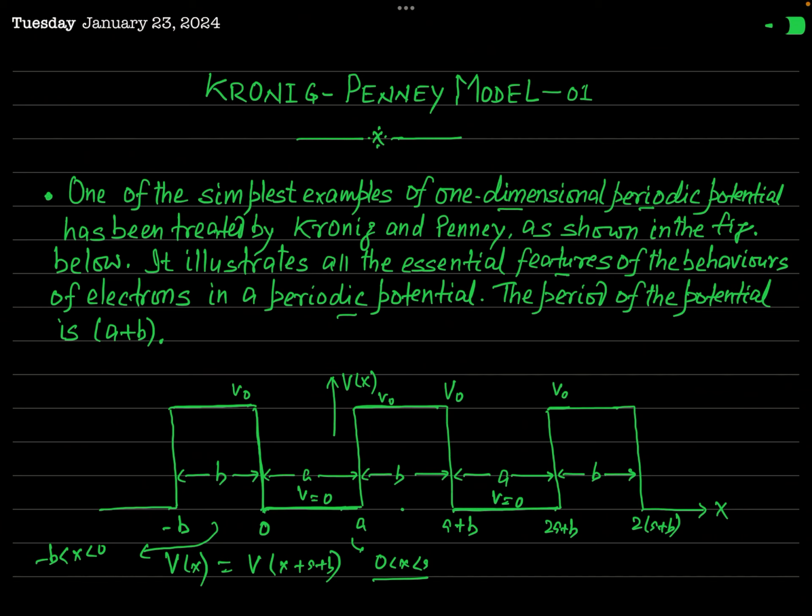So first of all, here there are two regions. The first region is 0 less than x less than a, and the other region is minus b less than x less than 0. For these two regions we will set up the Schrodinger time independent equation for an electron, and then we will try to solve those equations with the help of Bloch's theorem. And after solution you will get very interesting results to deal with the problem of band theory of solids. Okay, so let us see